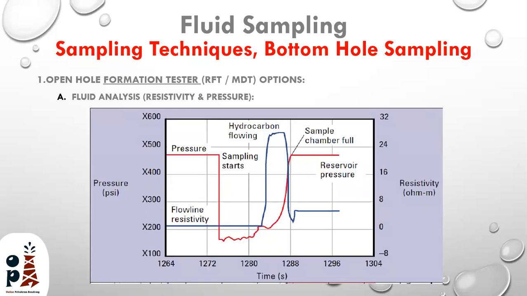In the beginning, the mud filtrate is sucked from the open hole interval, and then the reservoir fluid begins to go through the tube. In the mud invasion fluids stage, the resistivity is very low. But when the oil started going through the tool, the resistivity becomes higher, and so we can begin